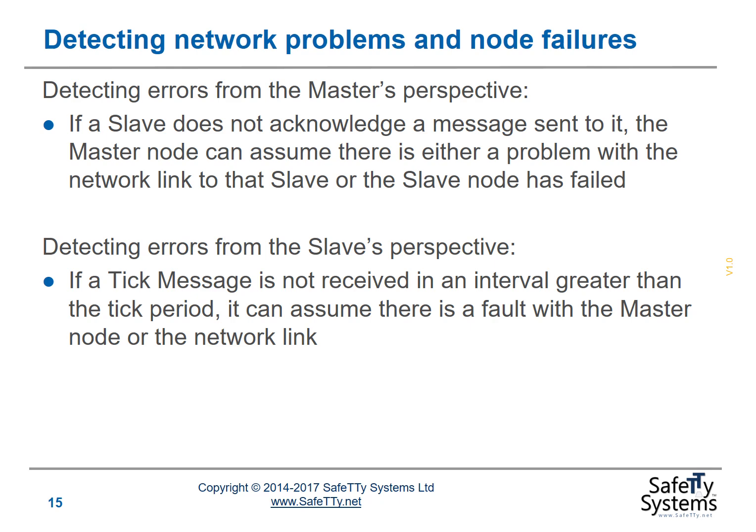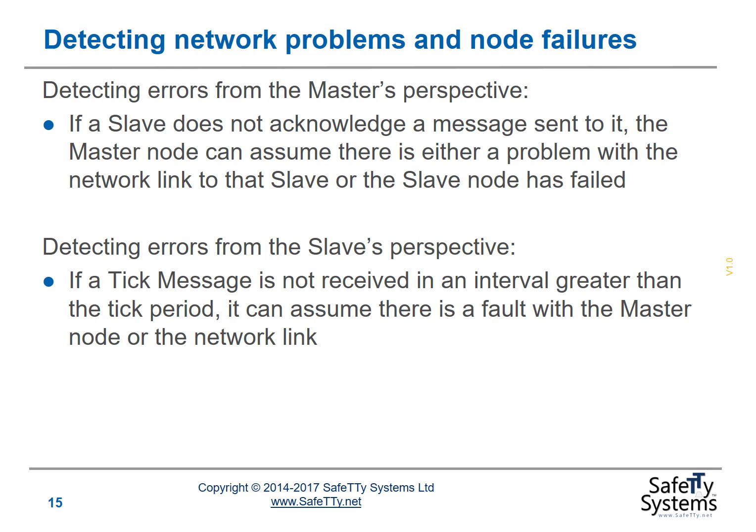If we want to detect errors from the master's perspective, the master can detect that the slave is not operational because it doesn't receive an acknowledgement message. So if I send a message to slave 1 and I don't receive an acknowledgement message back, I can conclude that the network is damaged or that slave 1 is not operating